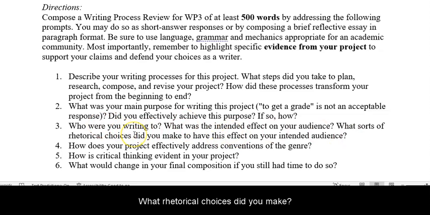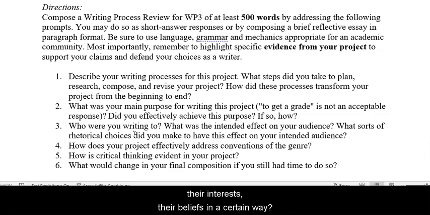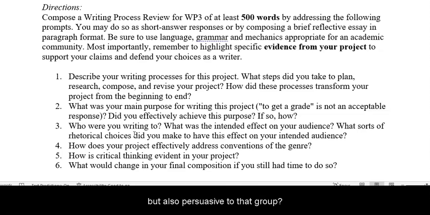What rhetorical choices did you make? Did you appeal to their values, their interests, their beliefs in a certain way? Do you share content that is especially important to a specific audience? Do you make certain moves in your writing to effectively make sure the material you are sharing is understandable but also persuasive to that group? And then how do you